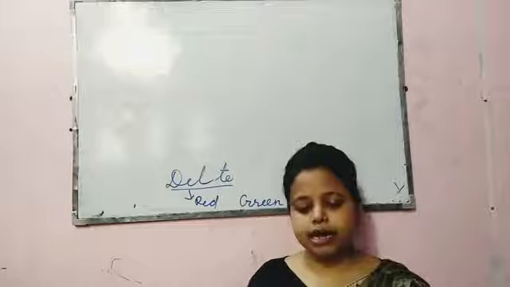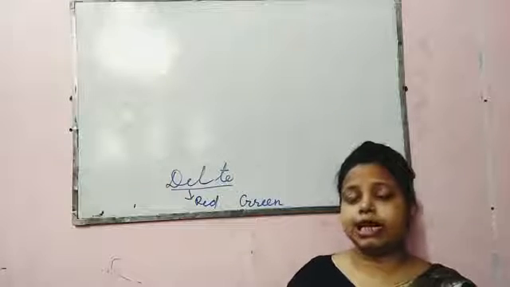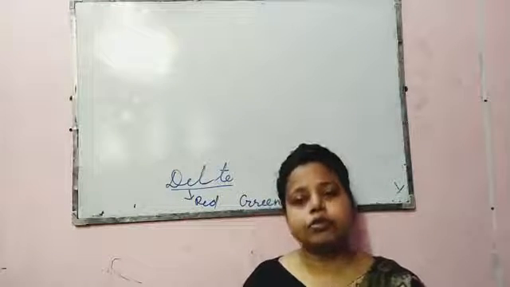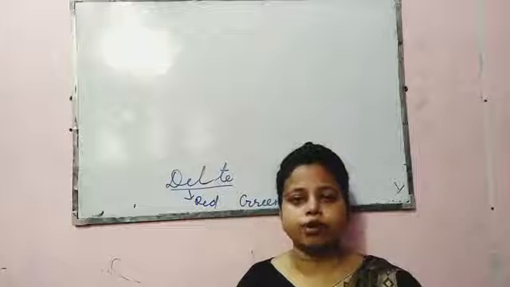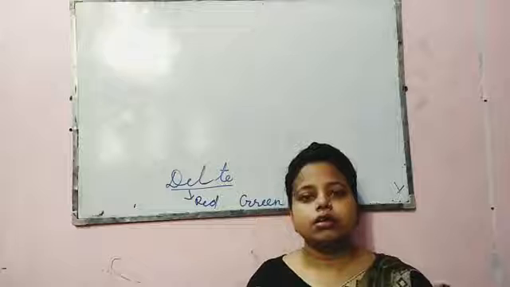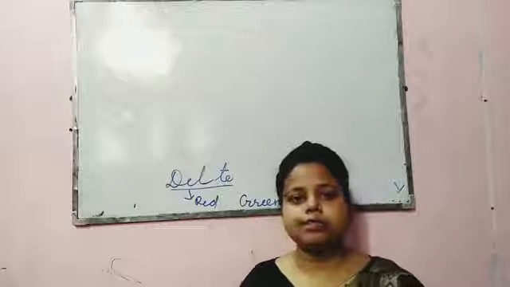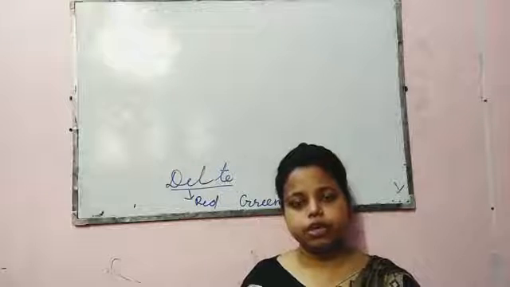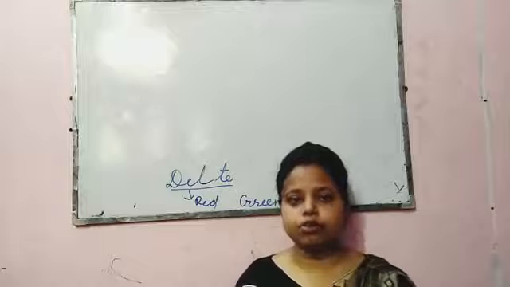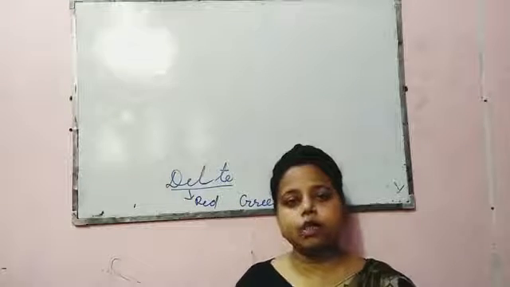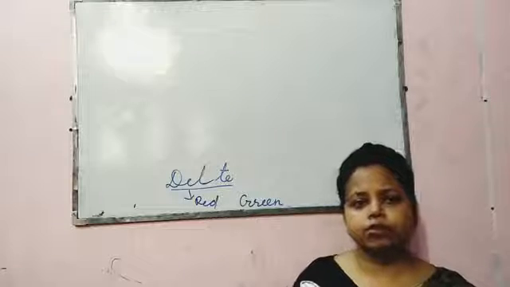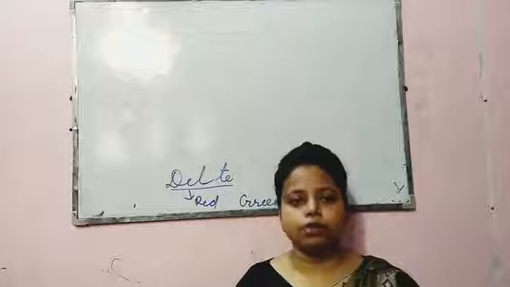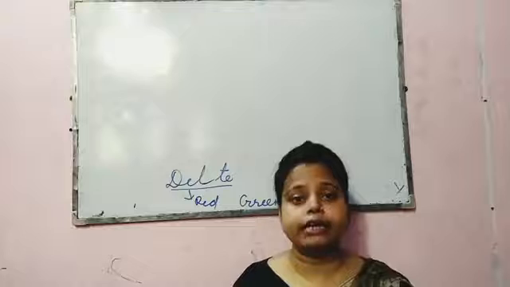Next heading is thesaurus, using thesaurus. So students, this is the last heading of third chapter. In MS Word, if you want to see the synonyms and antonyms of a particular word, just like small, beautiful, charming, smart, and the different synonyms and antonyms of beautiful, then you have to click on the Review tab and click on the Thesaurus option. That option will give you the different synonyms and antonyms, but it depends on you whatever you want, synonyms or antonyms.